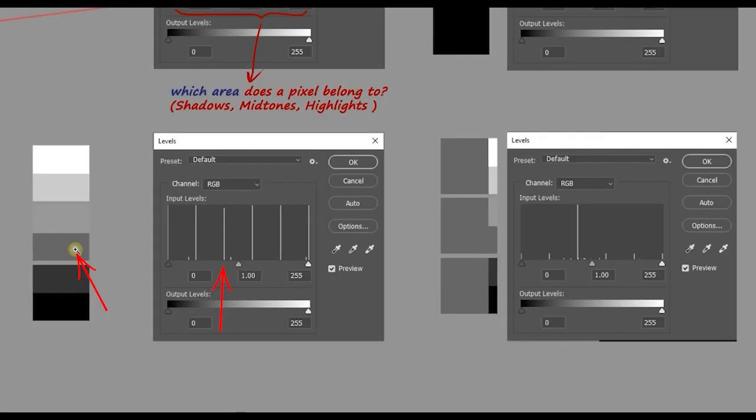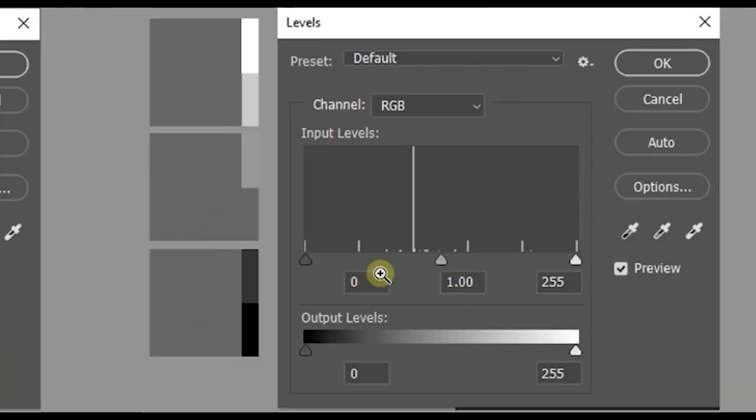I select this bar, then I add this color to the rest of the image. As you can see, now the height of this bar is much longer than the other value scales. This is because the number of pixels with this specific value is much more than the number of other pixels